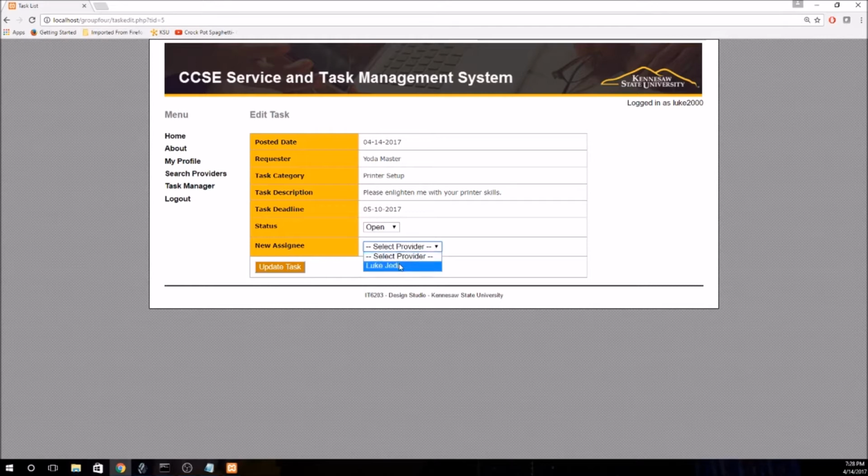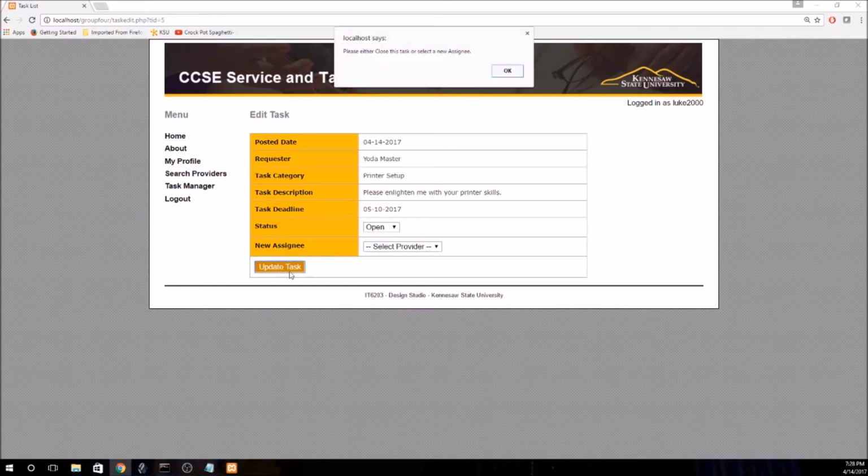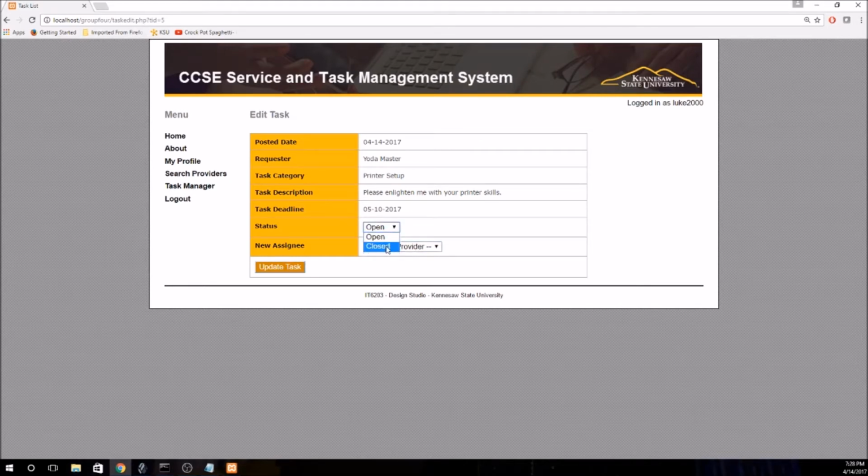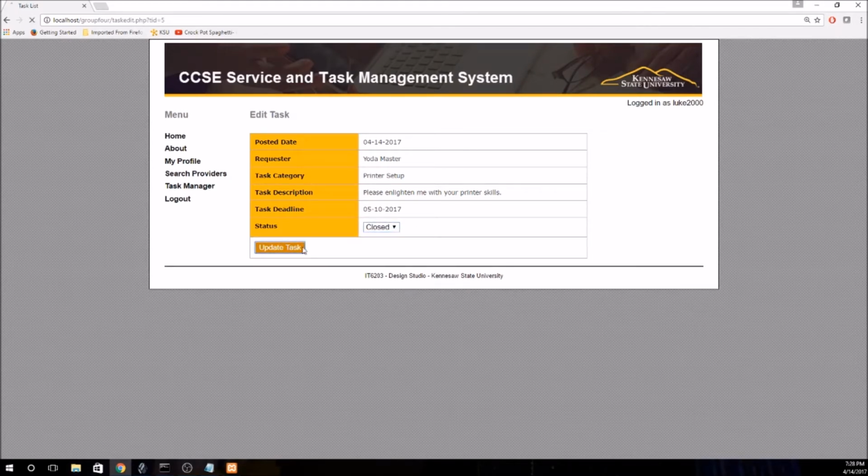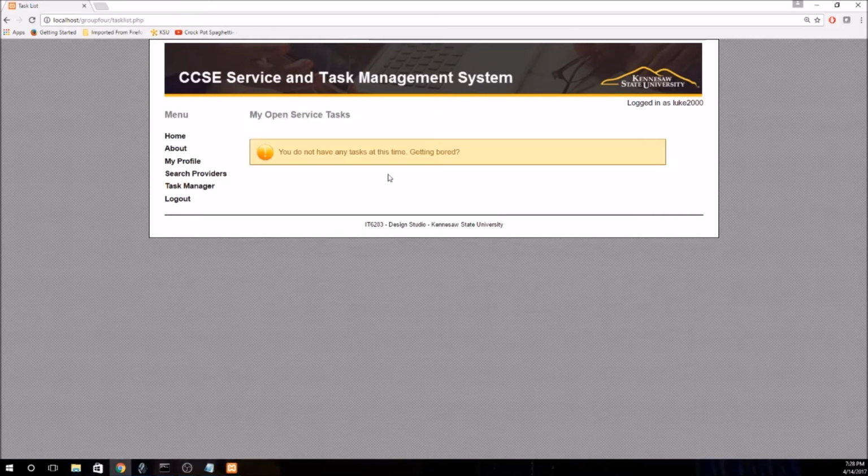We don't want to send it back to Luke because he requested the service. So this is a filtered assignee dropdown. So any users who have the printer setup skill would appear under the assignee dropdown. So if I try updating without doing anything, we'll get a client-side validation there. And let's go ahead and set the status to closed. So update, go back to tasks. It's no longer available. So if we log out,